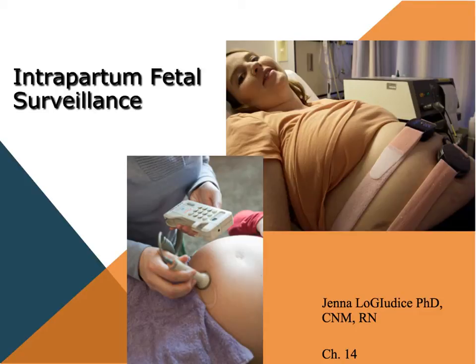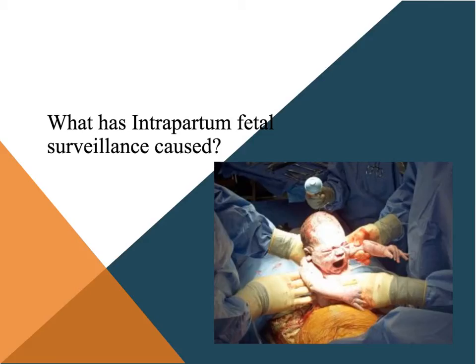So I want to provide you guys with an intro to intrapartum fetal surveillance. So how we're monitoring the fetus while mom is in labor and birth, or labor and delivery. As we think about this conversation and think about the electronic fetal monitor, we want to recall what it has led to, the fact that we are now watching every baby throughout almost the entire labor when somebody is